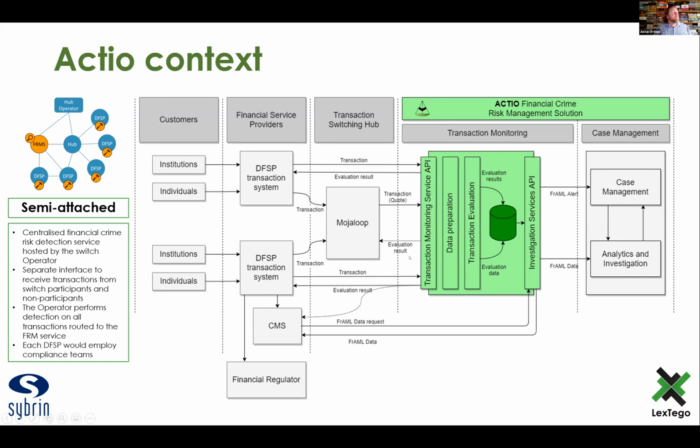We looked at a number of different configurations, and the configuration that we picked for our initial deployment for our MVP is a semi-attached model, which means that you would have a fraud risk management solution that provides fraud risk management services to a hub operation such as Mojaloop, but also equally can receive direct transactions from a number of associated DFSPs with a hub, or even independent DFSPs, so that you could have a more holistic picture of fraud